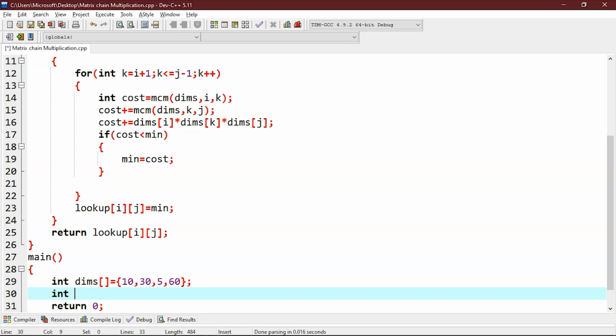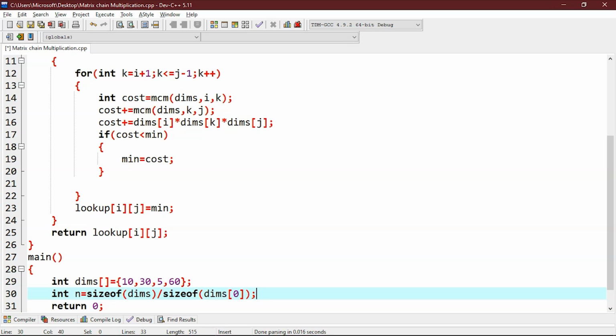So int n equals size of dims divided by size of dims at 0.